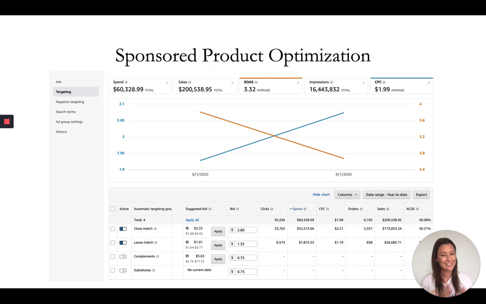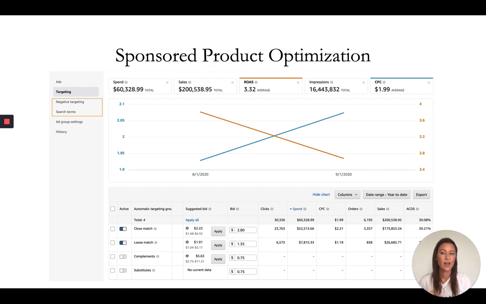Now, the second thing that you could do is run any type of negatives. I'm not a huge fan of negating a ton of keywords, because that's what your bid optimization is for. But with an auto campaign, you cannot optimize bids on the search term level. So the next step I would recommend is clicking on your search terms right here and filtering top down by spend to see what you're spending the most on. And if you are hemorrhaging money on any search term that is not converting,